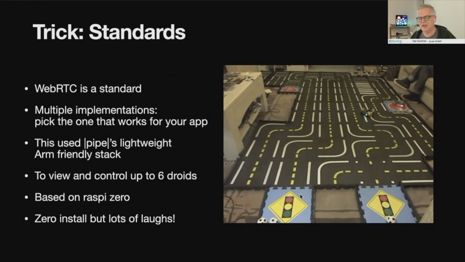Using WebRTC, and because it's a standard, there are multiple implementations. So what we did was build this arena so they could drive droids around and crash into each other, but also have an audio channel so they could speak to each other, without necessarily seeing each other, because that wasn't necessary. They all knew each other. They just wanted to chat and play. So they could control up to 6 droids. They're all based on the Raspberry Pi, and they're all running this WebRTC stack. And I can't tell you how much fun we had. I have not laughed that much since, actually. It was such a hoot, and we've done it for a few other people,